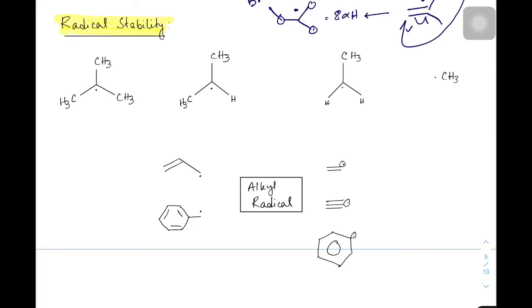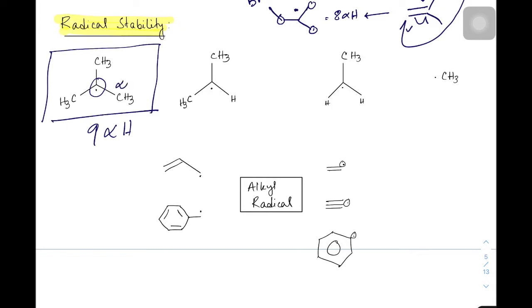Now come to the stability of radicals. In this case there are 9 alpha hydrogens. It is the radical, and corresponding to this radical, this is the alpha position. So there are 3, 3, 3, a total of 9 alpha hydrogens. Here there are 6 alpha hydrogens, here there are 3, and here there are no alpha hydrogens. The more alpha hydrogens, the more hyperconjugation and the more stable the corresponding radical. There is the alpha hydrogen,